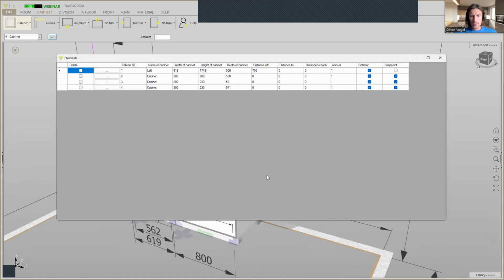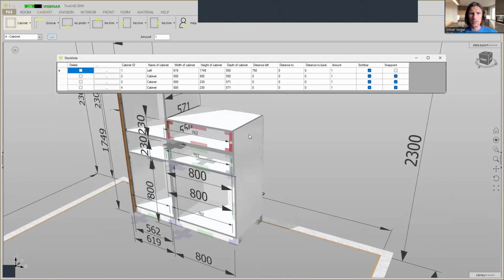Here you see all cabinets in the table, and here we call the second one middle bottom,